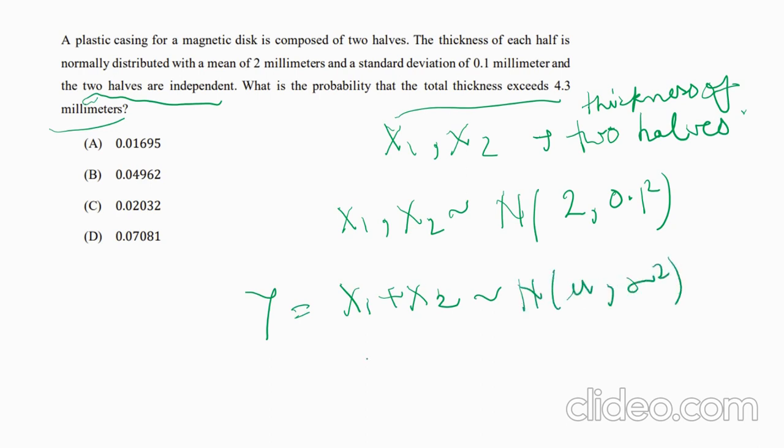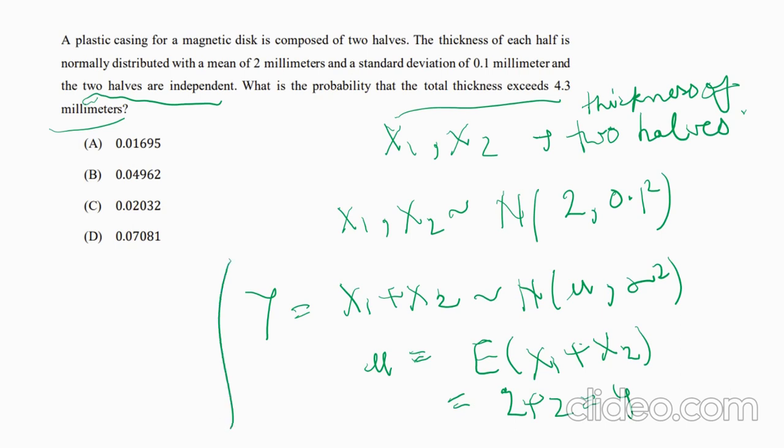To find mu, it will be the expectation of x1 plus x2. Expectation of x1 will be 2, this one will be 2, so it will be 4. And then sigma square will be